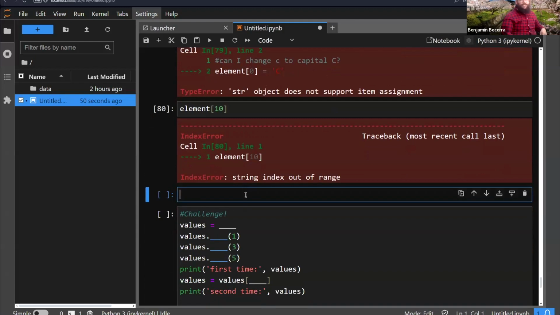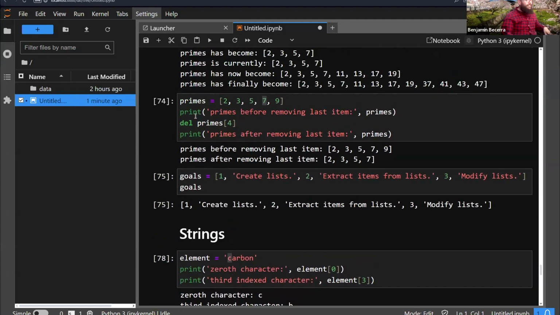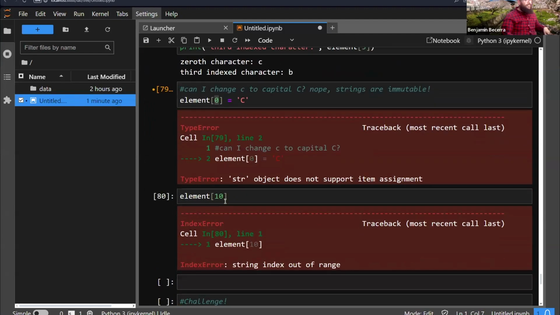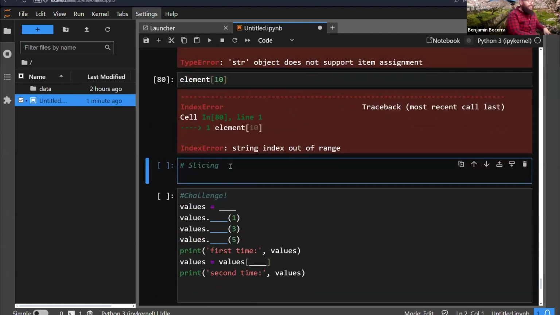So this works for a list or a string. So I'm going to go and check out my primes. Let's take a look at slicing. If I look at my primes, all of my primes,